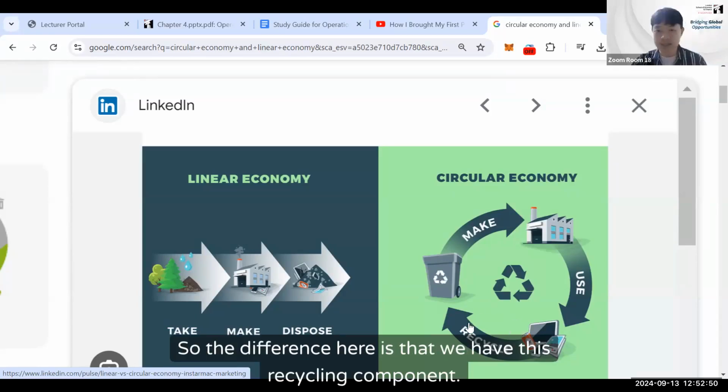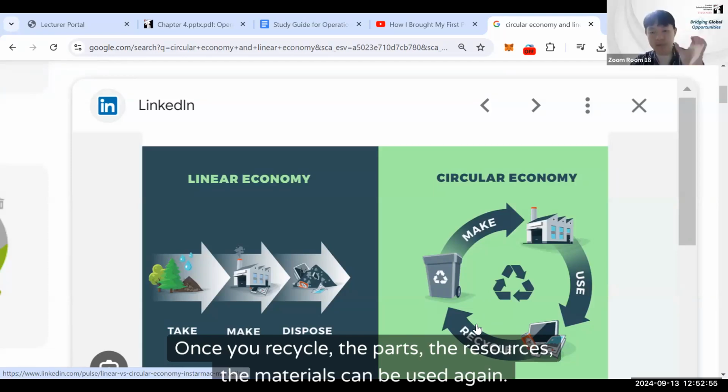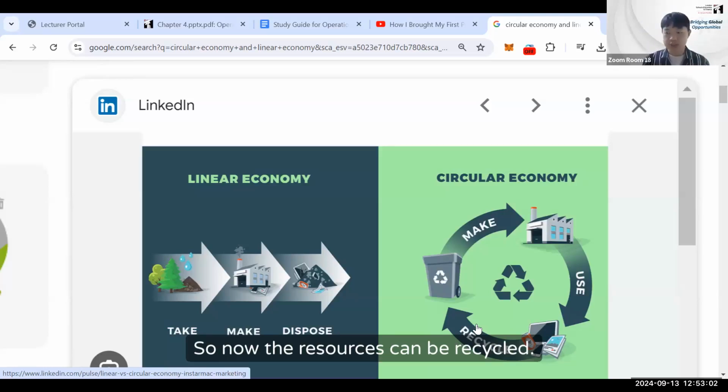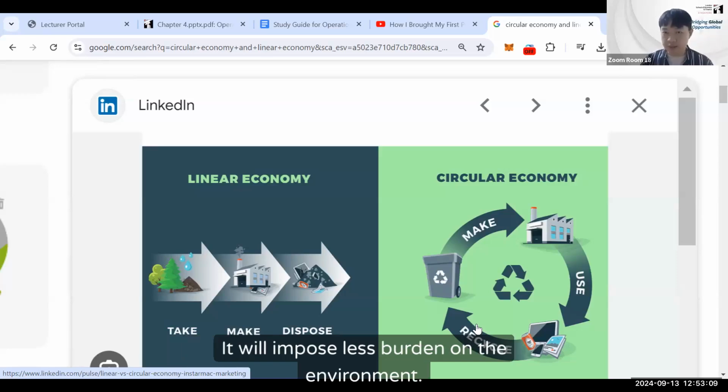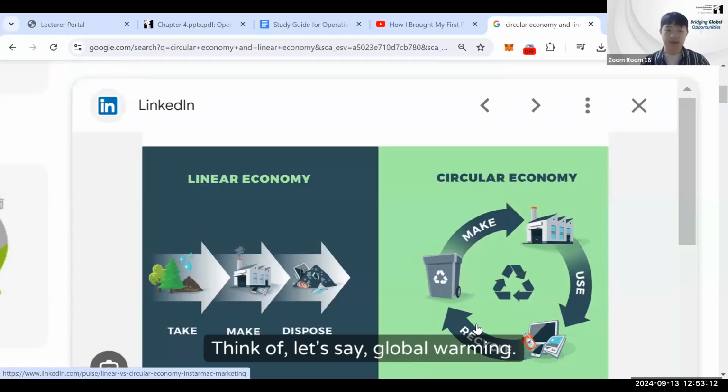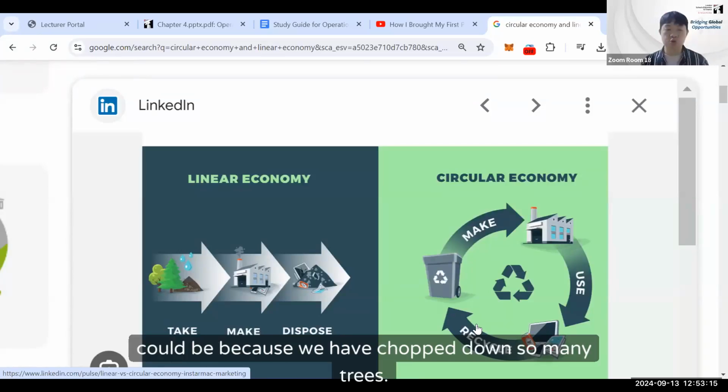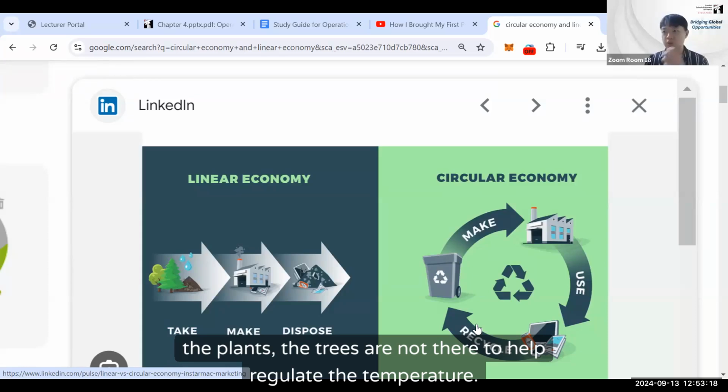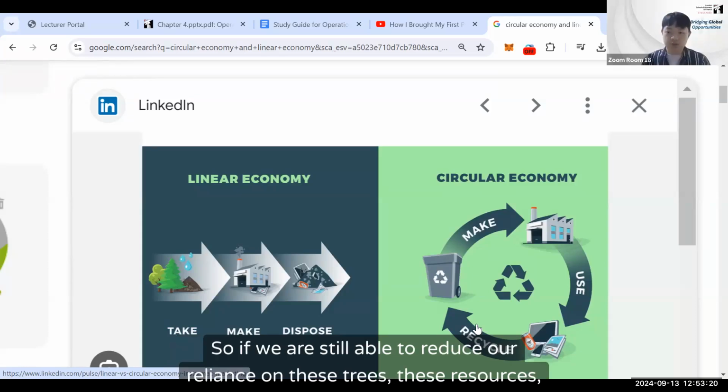So the difference here is that we have this recycling component. Once you recycle, the parts, the resources, the materials can be used again. So now the resources can be recycled. You don't have to keep extracting from nature. It will impose less burden on the environment. Think of, let's say, global warming. It could be because we have chopped down so many trees. The plants, the trees are not there to help regulate the temperature. So if we are still able to reduce our reliance on these trees, these resources,